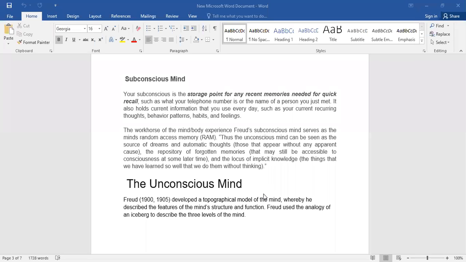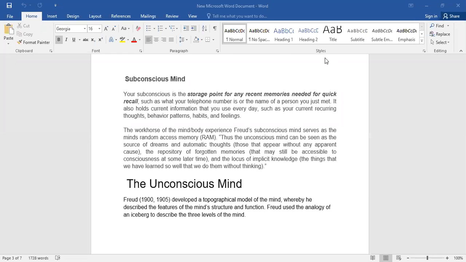Thus, the unconscious mind can be seen as the source of dreams and automatic thoughts. So unconscious mind certainly stores dreams and other types of things and all those automatic thoughts, those that appear without any apparent cause. The repository of forgotten memories, for example, as I gave you examples in the classroom, that we have the memories of early childhood, and all those memories are stored in unconscious mind,